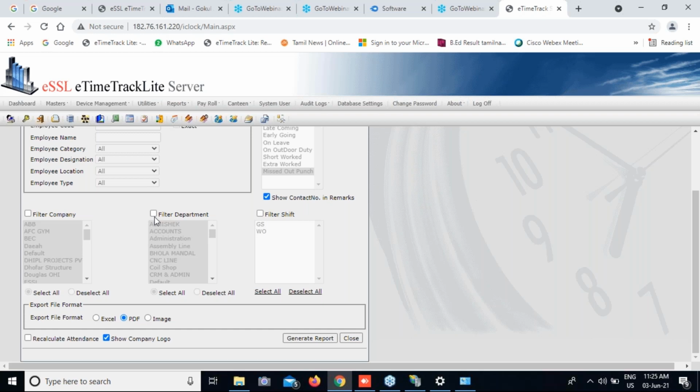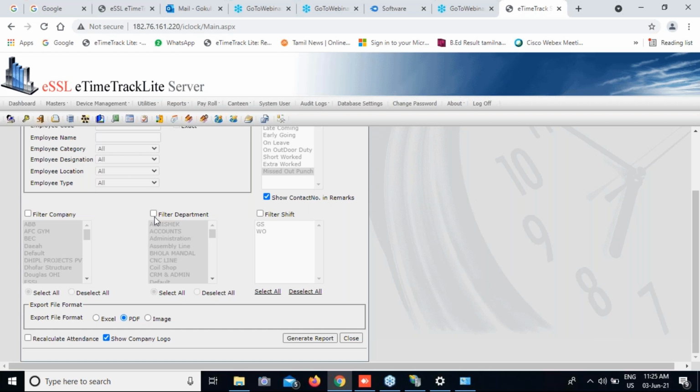For this, we have to configure one more application called ESS, Employee Self Service. After configuring Employee Self Service, we can create logins for the field employees. Based on their login from the mobile, they can punch from the mobile only. All the punches they make from the mobile will reflect in the application.